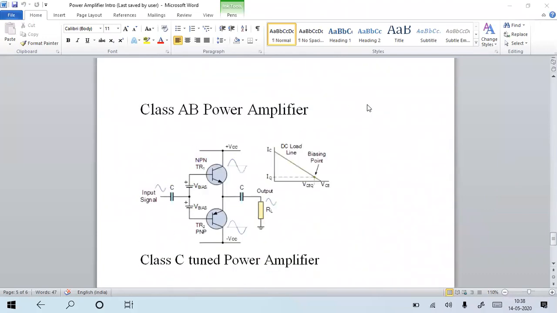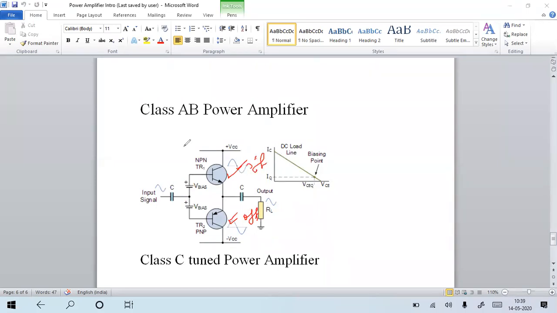Next power amplifier is the class AB power amplifier. You can see that it is the same complementary type of class B amplifier only. Same here, you can see the structure. This is an NPN transistor. This is a PNP transistor. But what I told you, if I give the signal as it is, same working behavior: during the positive cycle of the input, this transistor may turn on. During the negative cycle of the input, this transistor may turn on. And at the same time, during the positive cycle, this goes to off state. During the negative cycle, this goes to off state.